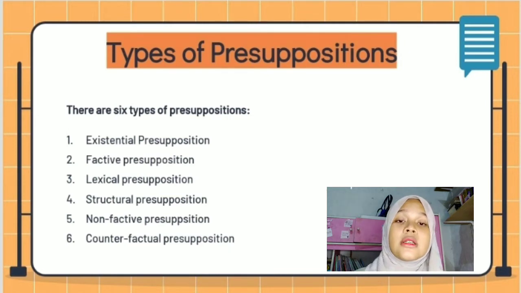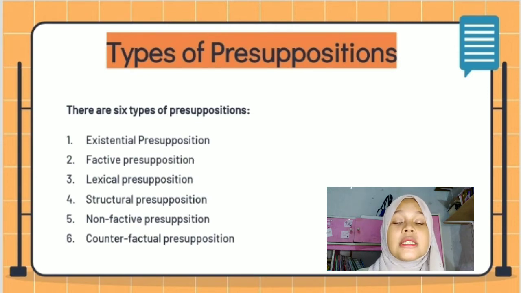The next one is structural presuppositions. It's an assumption associated with the use of certain words and phrases. For example, when we use WH question construction in English, it is conventionally interpreted with the presupposition that the information after the WH form is already known to be the case. This presupposition uses certain words and phrases to make some